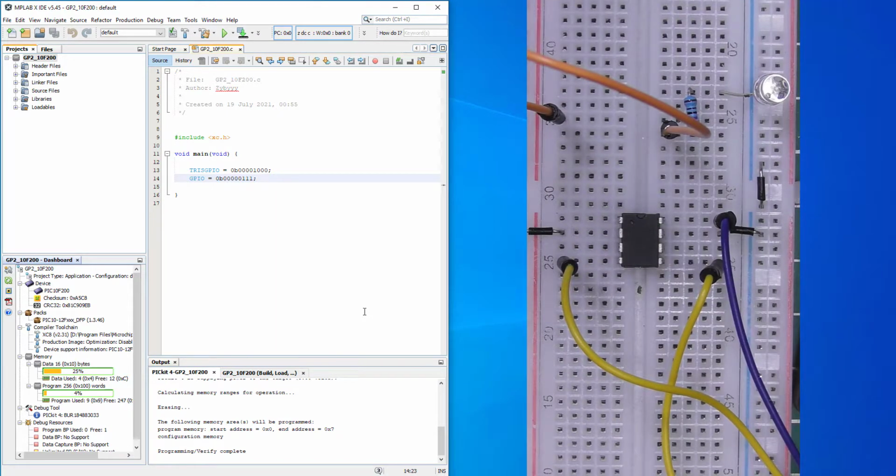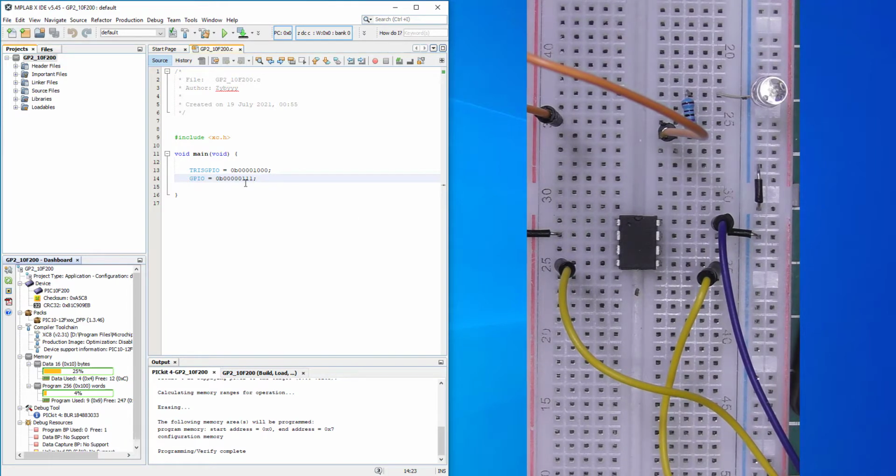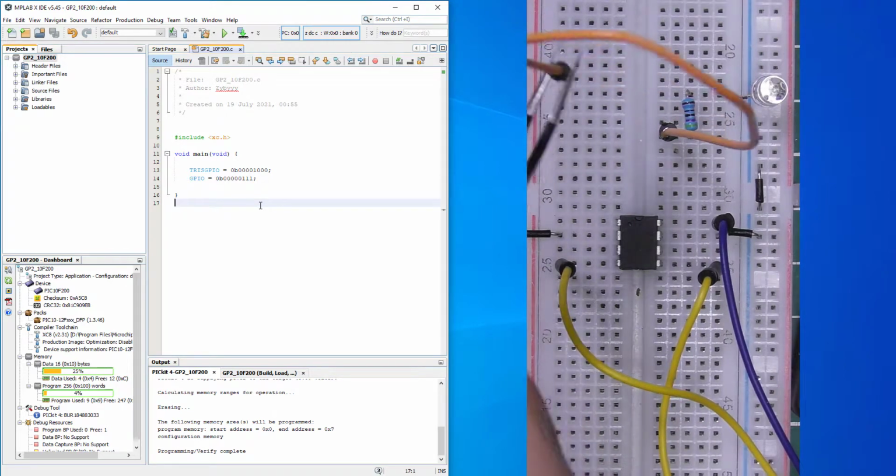Great, I think that will do. So now according to our program, we've got GP0, 1 and 2 in high states. So let's use our jumper wire. Now GP0 is here